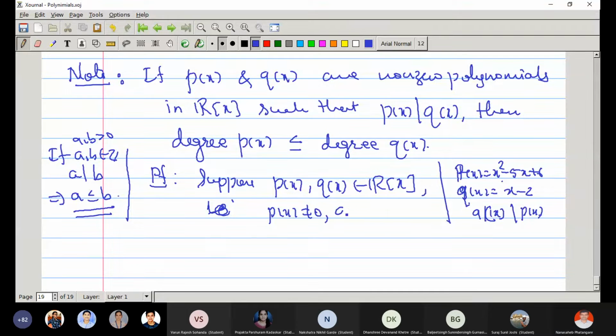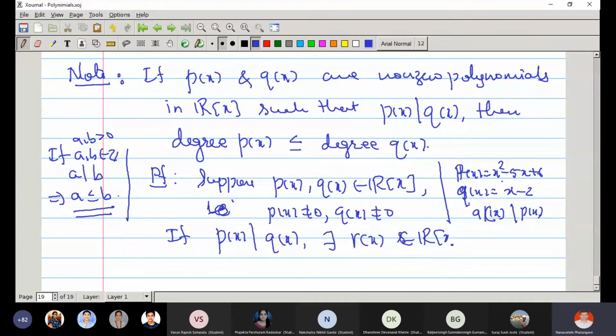Now, if p(x) divides q(x), then by definition there exists another polynomial r(x) in R[x] such that q(x) = p(x) times r(x). Okay, then